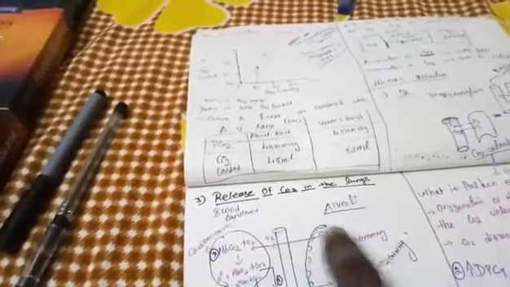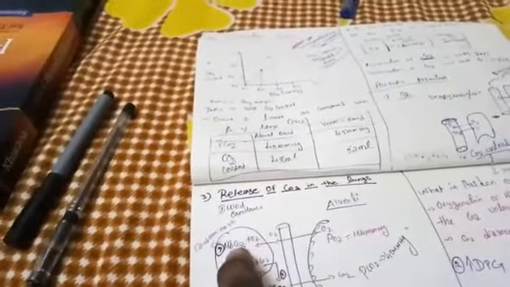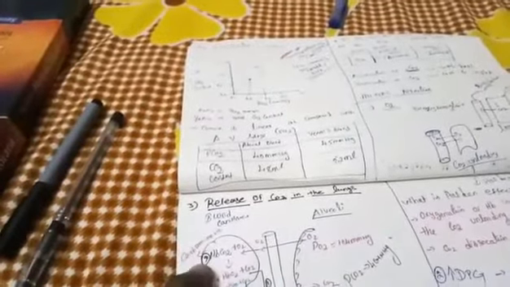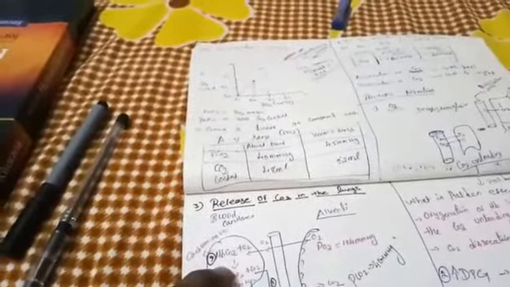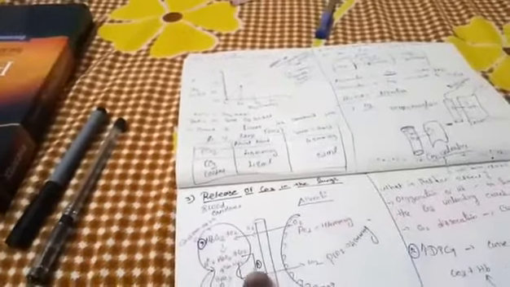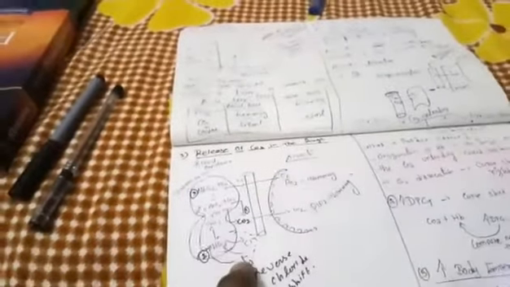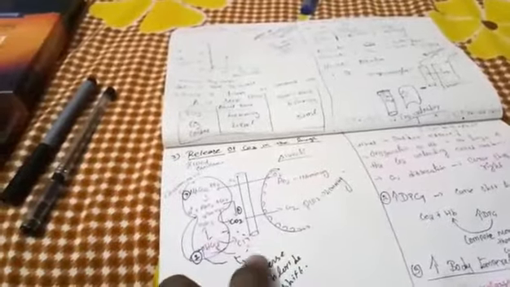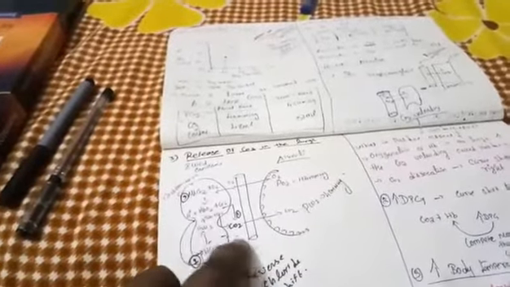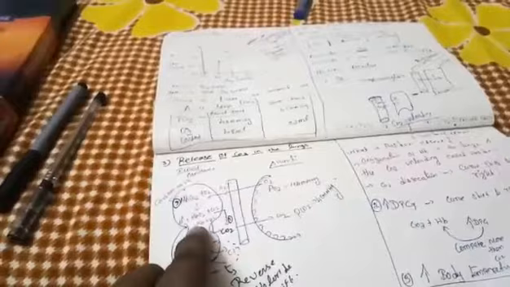Finally, how the carbon dioxide is released in the lung. The first step, you need to talk about the oxygen. Because of the greater amount of oxygen in the alveoli, it reaches and binds with hemoglobin. Thus the carbon dioxide will be released from the carbamino compound form, and that will enter into the plasma. And second, you need to talk about the reverse chloride shift. Due to this, the bicarbonate goes inside, chloride comes out, and then bicarbonic acid forms, and carbon dioxide and water will be formed.